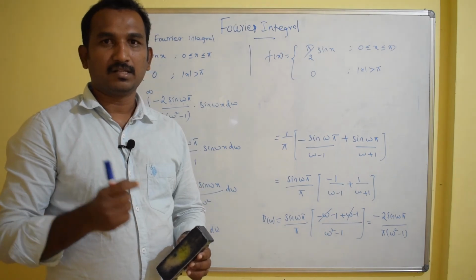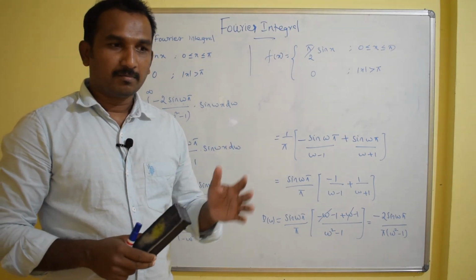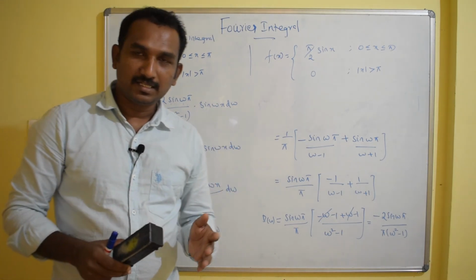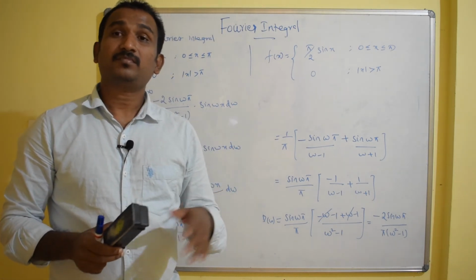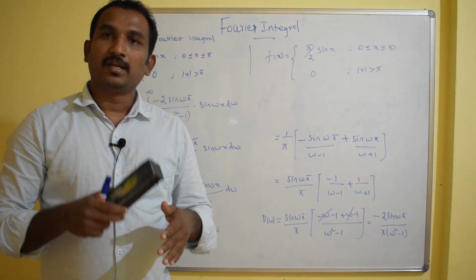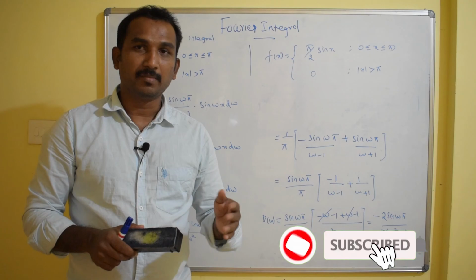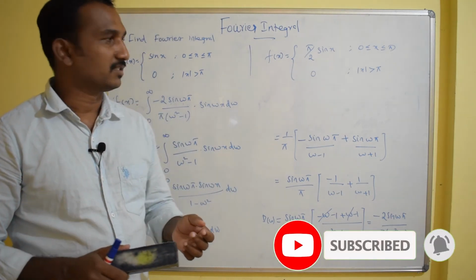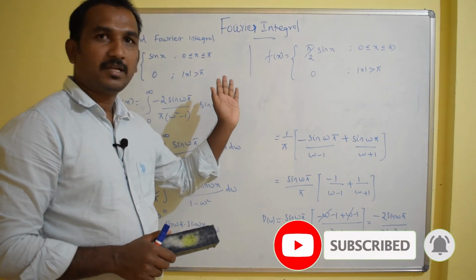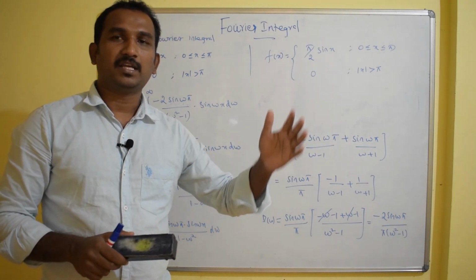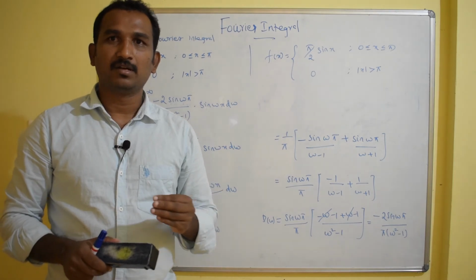And before that, there are two things you need to keep in your mind. First thing, we need to check whether the function is odd or even. Suppose if they are not mentioned like cosine or sine, then we must find whether it is an odd function or an even function. Then if it is odd, by using the sine integral; if it is even, by using the cosine integral, we can find the solution for the particular problem.